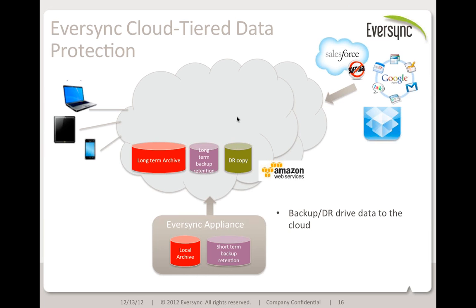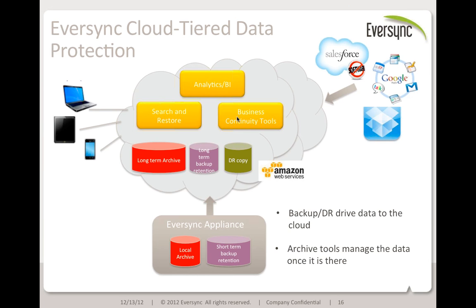And so they want to be able to pull the data from those SaaS applications and keep it in their archive, which will also give them the ability to search and access all their data, whether it came from their local site or from one of their SaaS applications, and also do simple analytics on that data. And of course, we provide business continuity tools for restore and run in the cloud during a disaster.